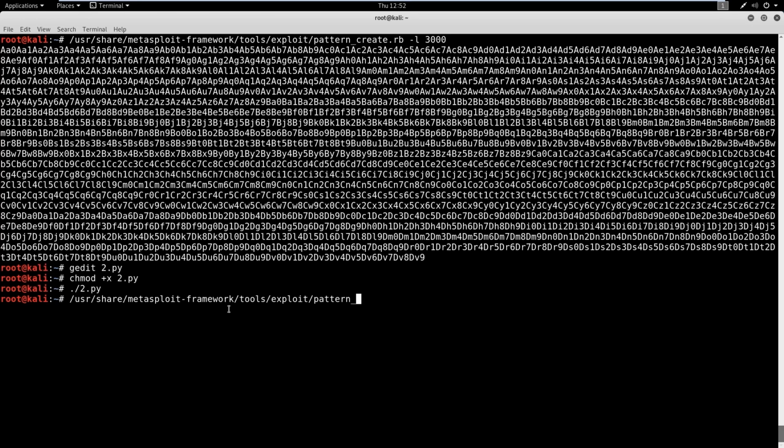What we're going to say is instead of pattern create, all we're going to say is pattern offset. We're going to give it the same switch of L and we're going to say 3000. But one thing we need to add in here is a switch of Q, and that's for our finding. So our finding was 386F as in Foxtrot 4337. And now if we hit enter here and we did it right, we should find a pattern offset, meaning